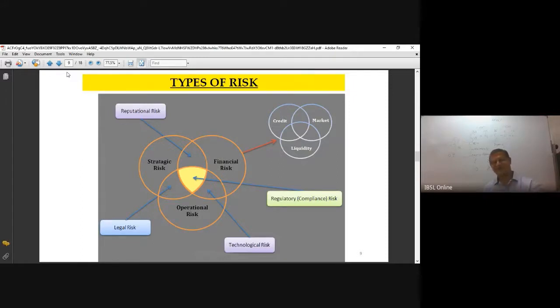I also mentioned that apart from the branch, the brick and mortar operations, we do most of our operations on a technological platform. The internet and phone banking and ATMs come under the technological platform, and this needs to be updated on an ongoing basis. If you don't do that, and any system errors come and you suffer a loss, we call it technological risk, or I would say it's an information risk, which we will deal with separately.